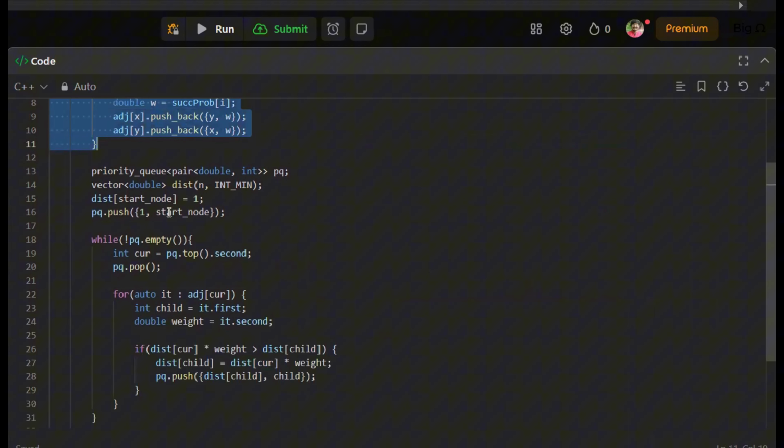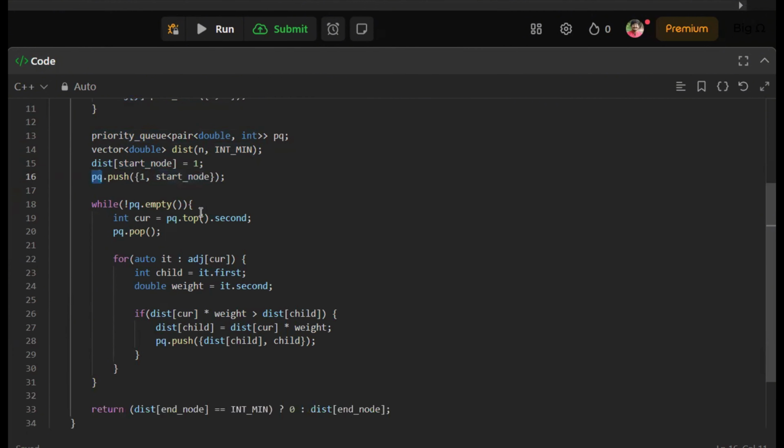After that, we are declaring a priority queue with the pair of double and int, and initially our distance will be initialized with integer minimum. And initially our distance of the starting node will be 1, and we are inserting 1 and the starting node into the priority queue. Now, while the queue is not empty, we have to store the front element of the queue into a variable current